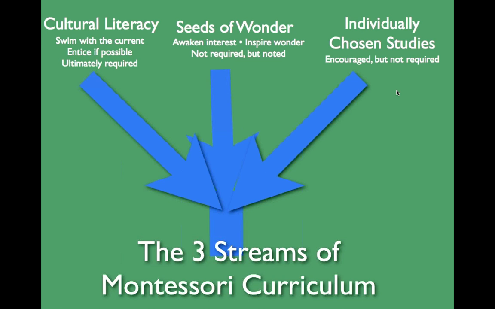The metaphor there is that in Montessori, we always follow the child. We always pursue the things they're interested in. We entice them if we can. We do everything we can to follow their interests, to honor their interests, to let their interests be part of what's going on. But ultimately, if the child is having a hard time, at the very least,